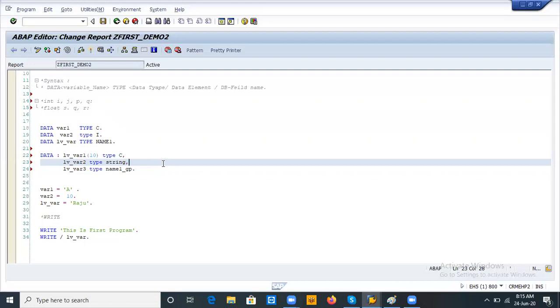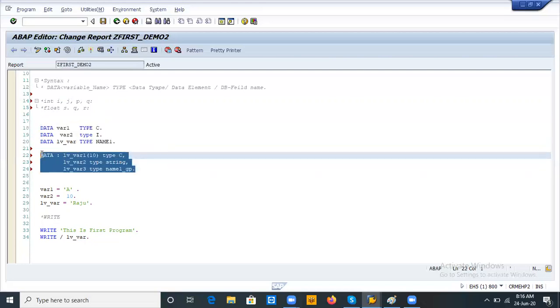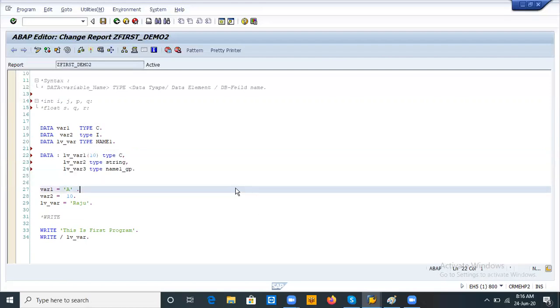Got it? If you declare like this also, the system will accept. If you declare like this also, the system will accept. Both will be accepted.